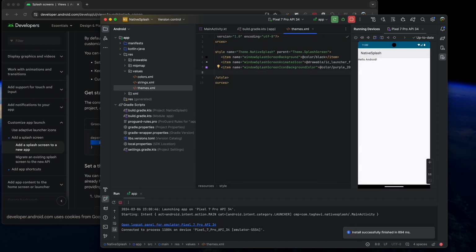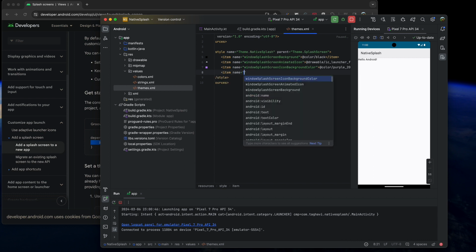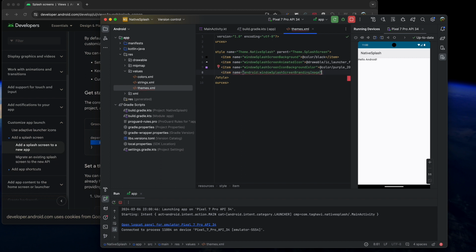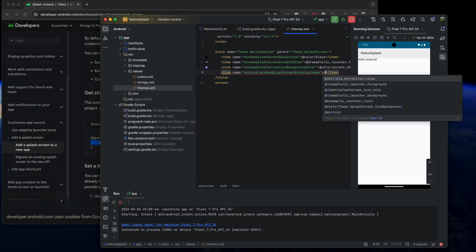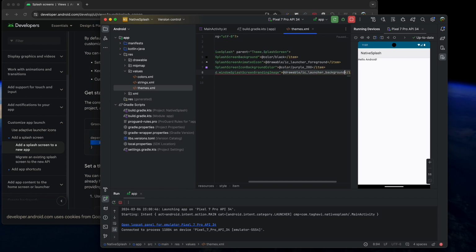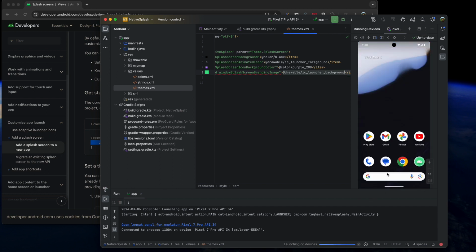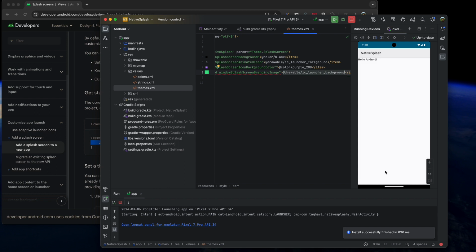And I think we should add some image too. So we will say item windowSplashScreenBrandingImage, and for now, because we don't have an image, we say we wanted the background of it, so it's a green thing. Yeah,